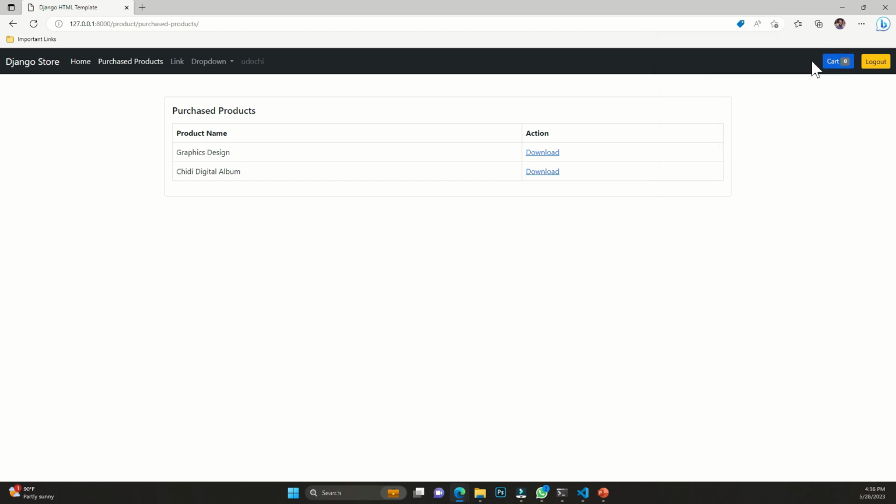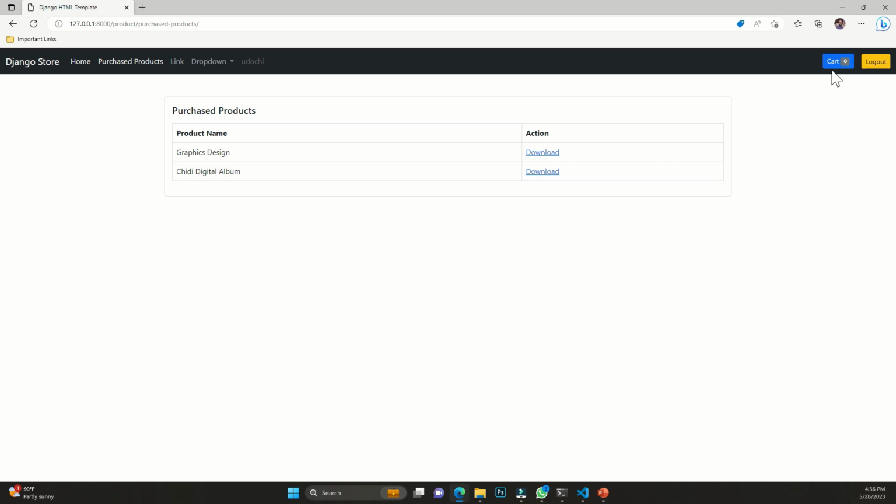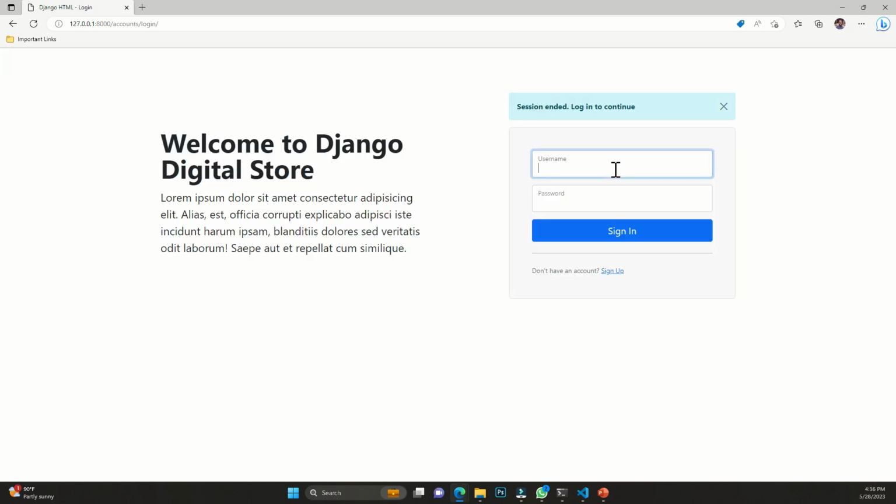All right, so now we can see that once I've completed my purchase, I think that was the first one. This one is the second one that just came in. All right, so once I complete a purchase, you can see that my cart comes back to zero. If I click on it, it's going to tell me that my cart is empty, obviously, because I've already checked out everything. All right. So if I log out and then I log in back again,